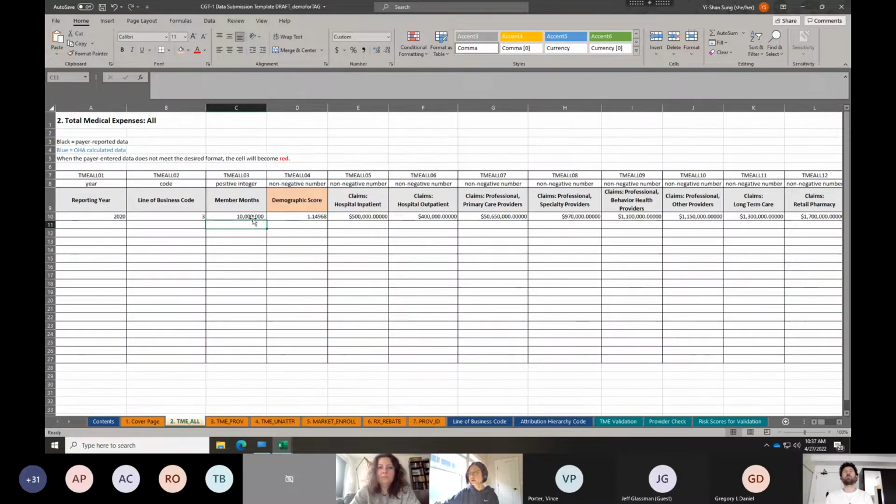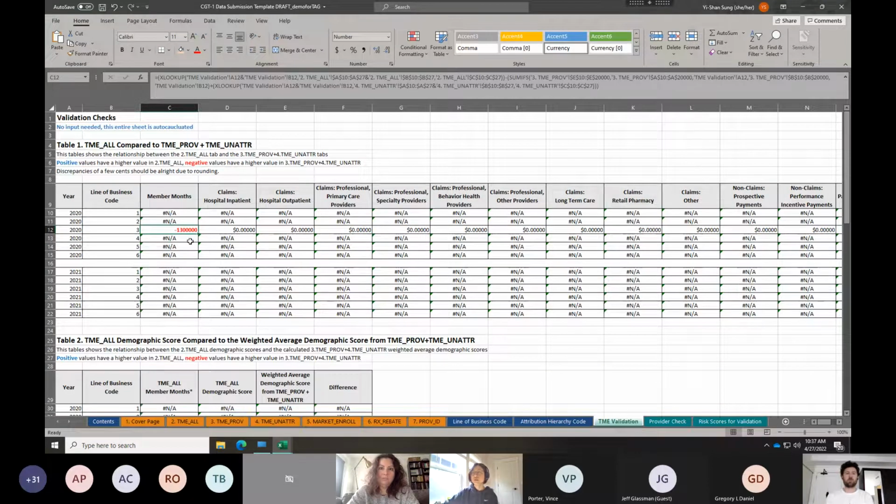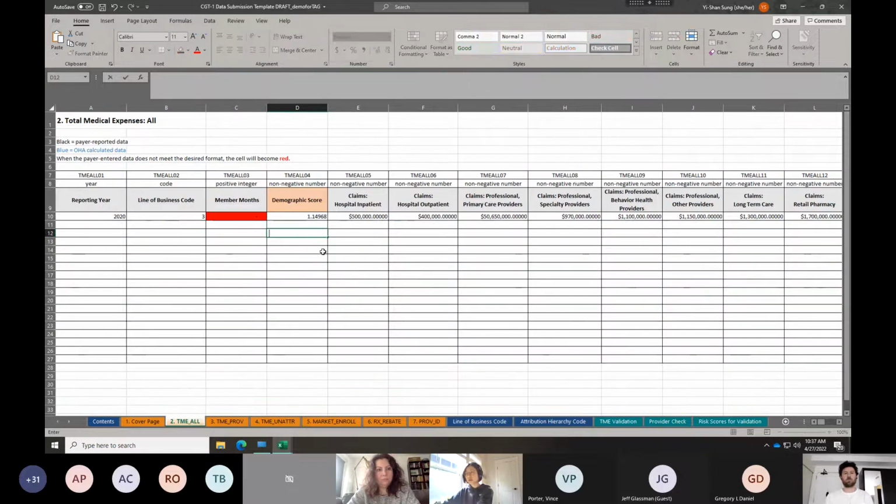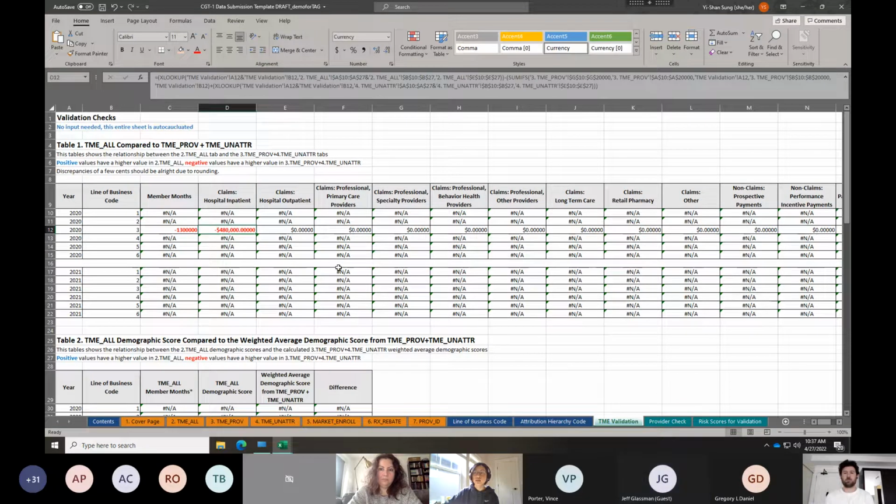And if, for example, I change this to a small number, you will see the red number pop up because you have higher numbers in the TME Prof and unattributed tab. It's similar for the dollars. If I change this to some other number, you will see the red number pop up.